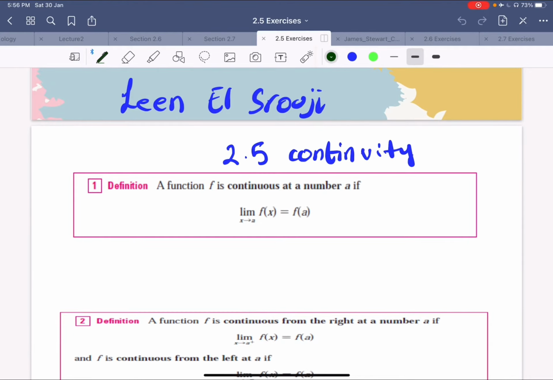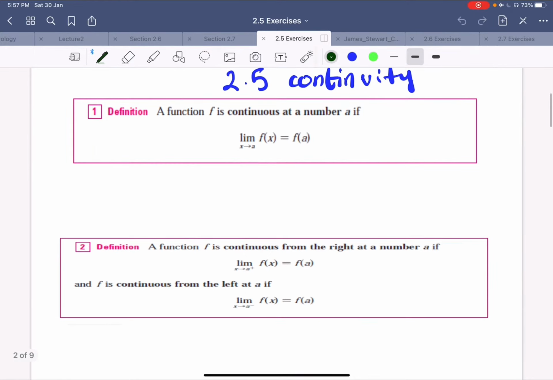So first I will explain the definitions, then give examples for each definition so that the idea is clearer. So 2.5 is about continuity, which means the function is continuous on a certain interval. So definition 1 says that a function f is continuous at a number a if the limit when